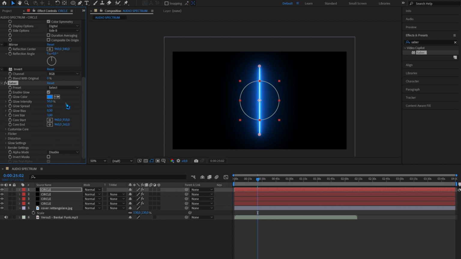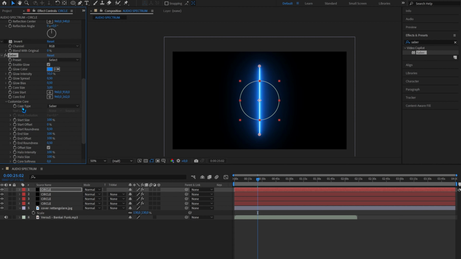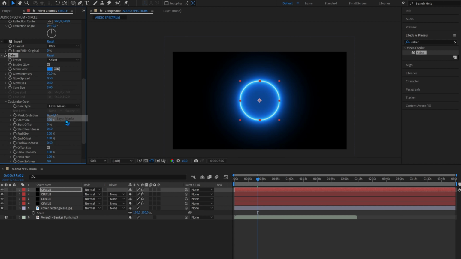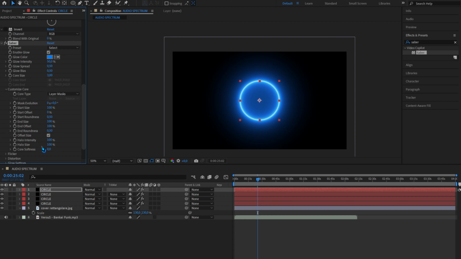So now let's go to customize core, and for core type we are going to select layer mask. So now we have our circle. Now I go to core softness, 25, glow intensity 195, glow size 170,